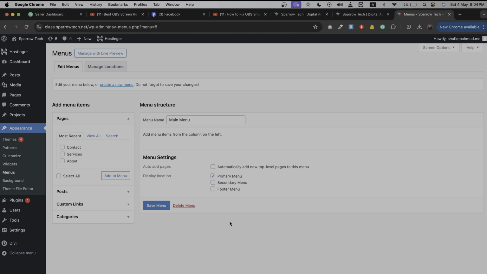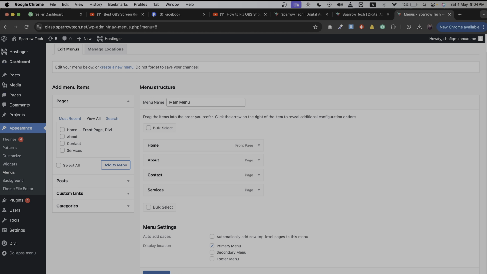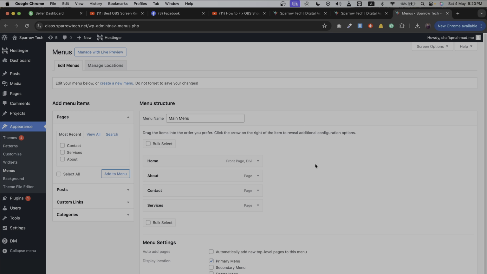Now I will add some pages to the menu. I already have some pages here. You can see Home, About, Contact, and Services. I'm going to click on the Add to Menu button over here, and then click on Save Menu here. So once you have created the menu, we can go to the third step, which is to